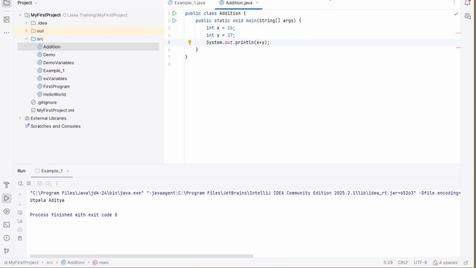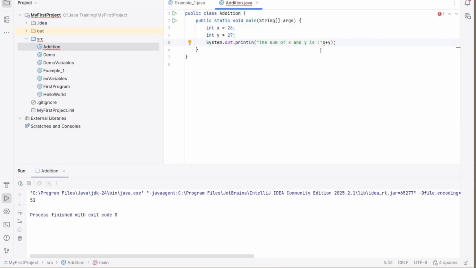Now run this program and you see that the output is 53, correct? Yes, sir. But I did not ask you to print this way. What am I asking you to print? I'm asking you to print the sum of x and y is. That is what I'm going to display. So for that, in the system.out.println statement, before x, within the double quotes, start writing: The sum of, T capital, the sum of x and y is,